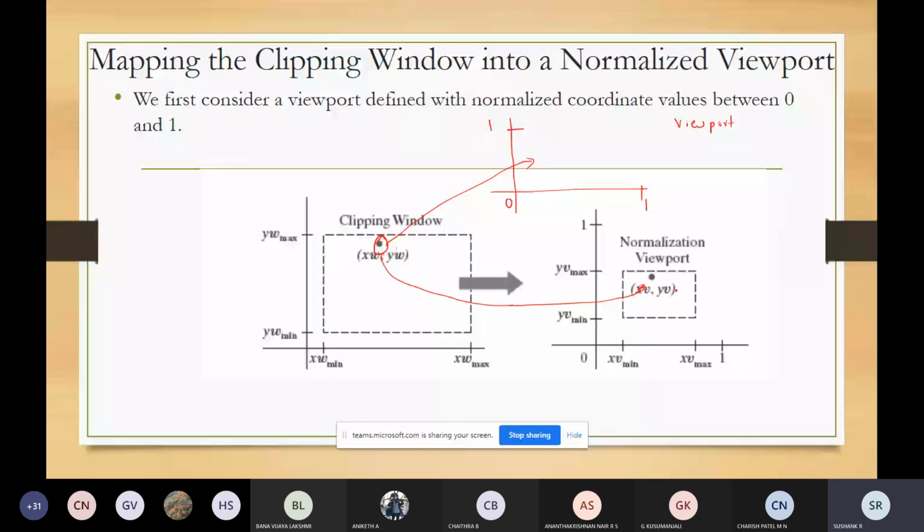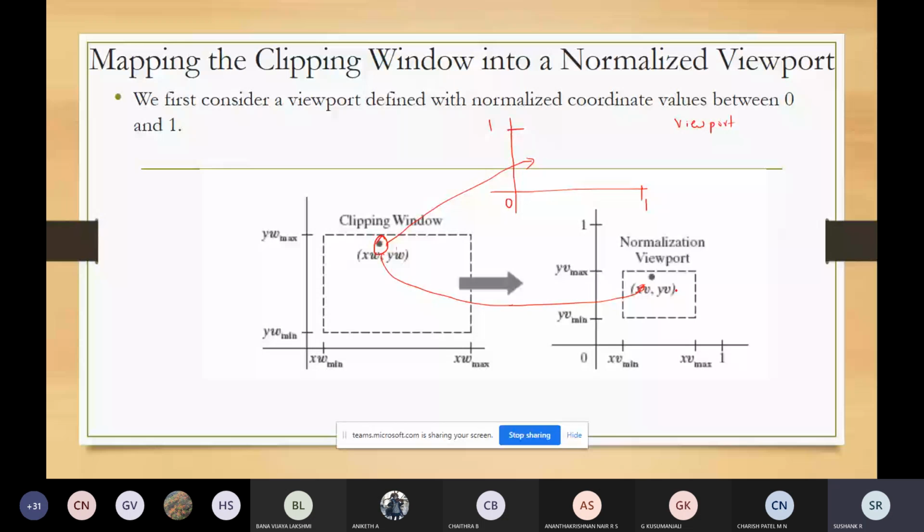See how this point was in the clipping window, the same placement, the same distances, all of it: the relative position of a point in the clipping window will be maintained in the viewport window also.